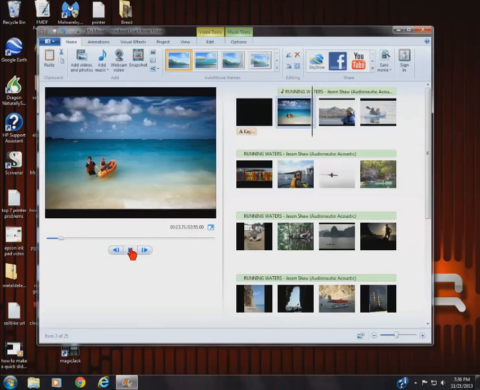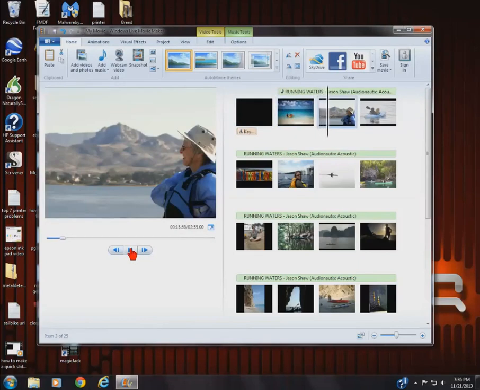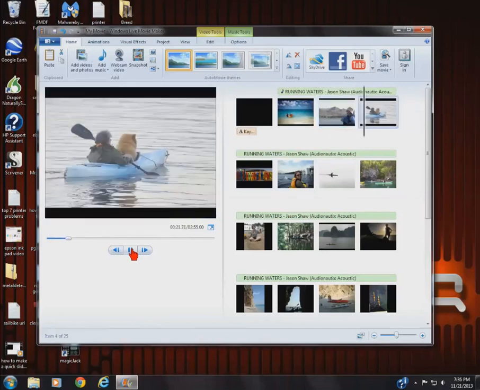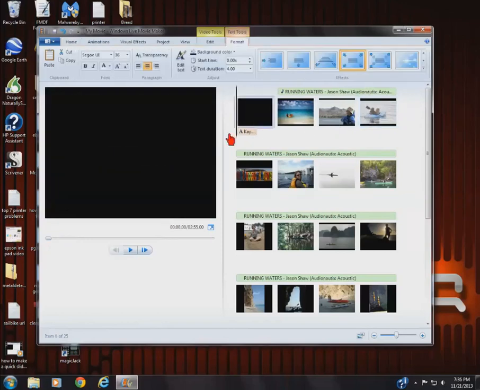Alright, the music's fading in. It's coming on now. Now, you notice how this is a straight cut in between the photos? That's okay, but we can do a lot better. What we're going to do is stop it. And I still want to change this. I don't know why that's not going to 4 seconds.